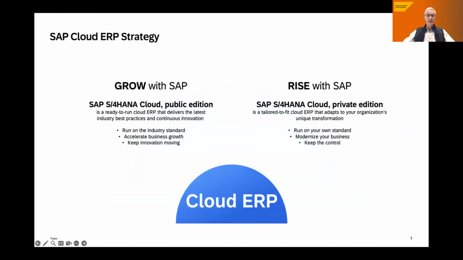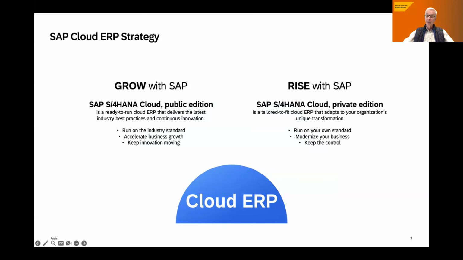Our job is to make you, our customers, successful by scanning the new technologies that are available. We'll come to that when it comes to the intelligent topic, but we are also providing S/4HANA in different flavors. For companies who can do with a more standardized, SaaS-like approach, SAP S/4HANA Cloud Public Edition is definitely the deployment model of choice.